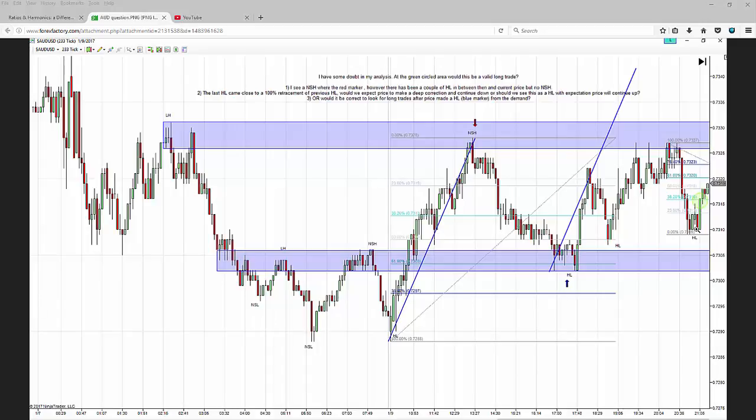Can we expect price to go up? That is a general expectation. However, because of the obstacles ahead of price, because of the accumulation of the sellers and how healthy the sellers look with the volume here and what they're able to achieve with fewer candles than the buyers, you could say that although the expectation for this trade is a new structure high, that expectation is going to be met with a lot of difficulty, and also probably some extensive or even further complex corrections to the downside, maybe even making a short-term new structure low,